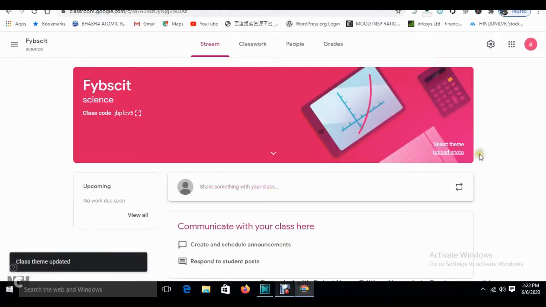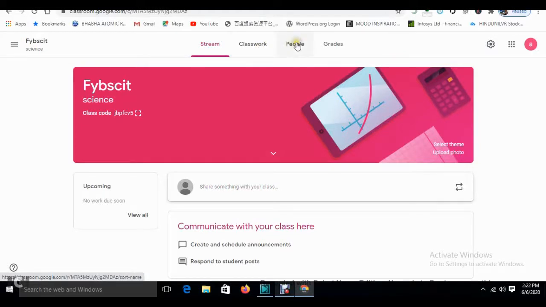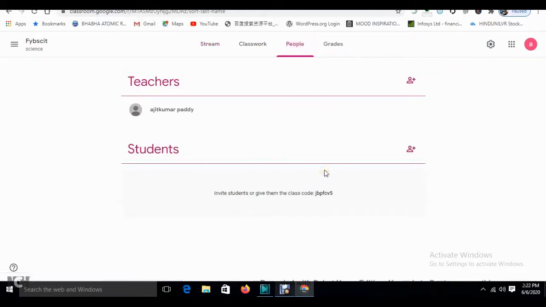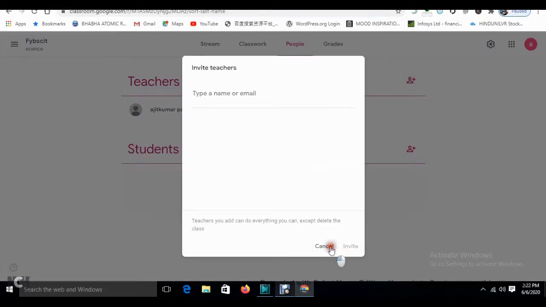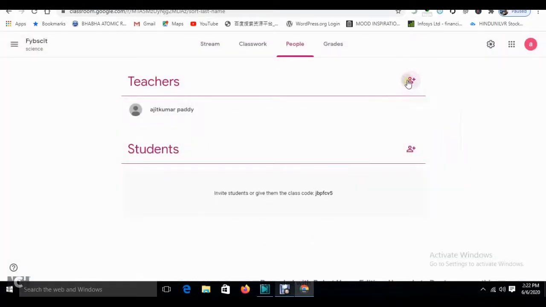Okay, now I will start to add students over here. So how to add: see over here, we'll go to the People section. Over here I am the teacher, my name. I could add teachers as well, make a note of that. If a session is going on with a panel of 3 to 4 teachers teaching many students, you could add more teachers as well, and I will add that.